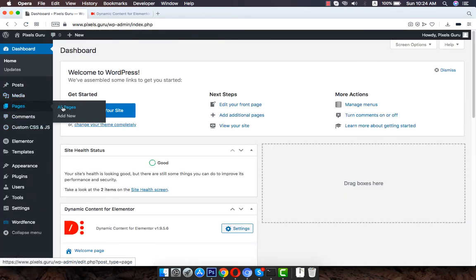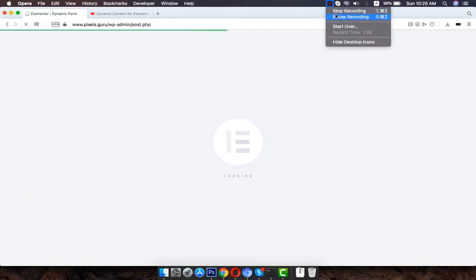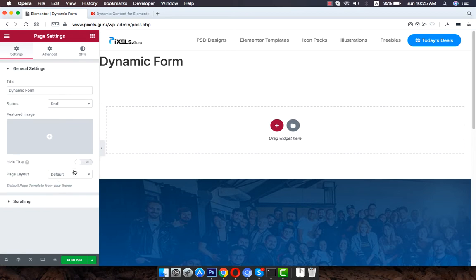Here I have a page already created, that's in draft. Let me edit this for you. So here I have my page. Let me make this layout Elementor full width.